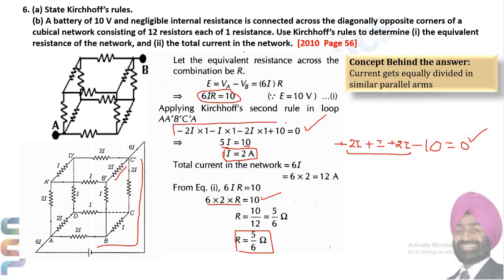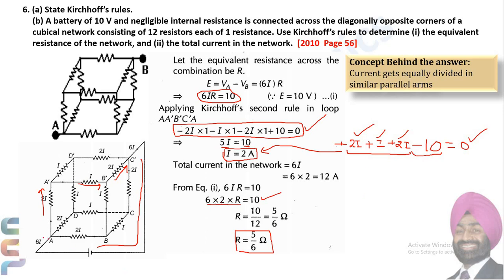This is given in some books. This is also correct. Or you can take direction of current to be positive as written here. Write each I into R, I into R, I into R. And lastly, if the battery's negative comes first, then negative sign of the EMF. If positive comes first, positive sign. So you have to follow either of the two notations, both are correct. Final answer is going to be the same. Hope I have made everything clear.